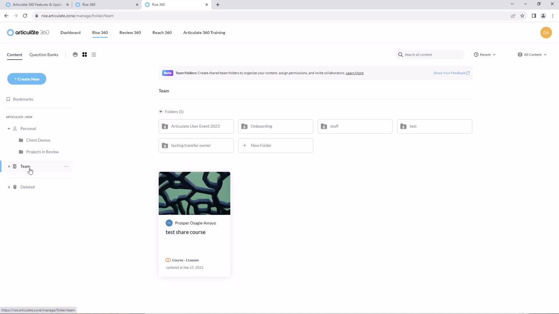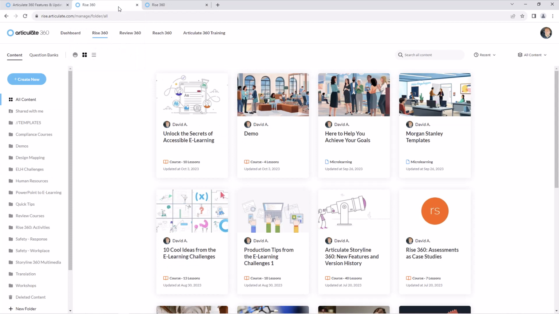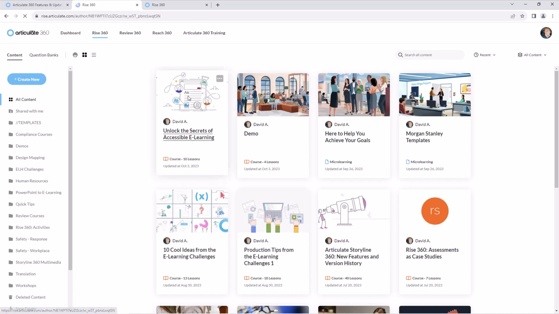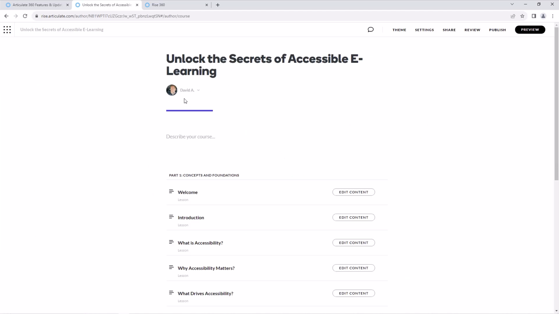Okay, so with that, let's jump back into Rise. But this time, I want to look at something that you already have access to today, and that is the integrated comments within Rise. So once you've published your content to Review 360, you can now reply to and resolve comments directly in Rise. So I'm going to pull open this course right here, and if you look up here